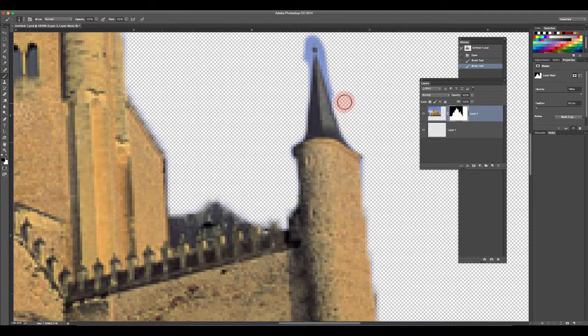And the nice thing about it is if you make a mistake or slip and go something like that, it's very easy to just switch back to white by hitting the X key on your keyboard. So when I hit X, you notice over here on the toolbar that X switches between the two. So I can go back in here and paint that back in at any given time. So this is non-destructive editing because I'm not really affecting the pixels. All I'm doing is just creating a mask around these turrets